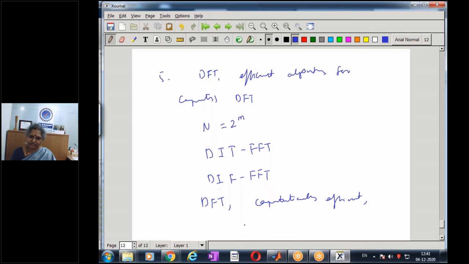They use a fewer number of multiplications and hence they are fast. So they are known as the fast Fourier transform algorithms, the FFT. We shall take up each of these methods of evaluating the DFT in an efficient manner in the next module. We'll take up DIT FFT in one module, the DIF FFT in another module, and then we'll take a few examples on both of them. So thank you.